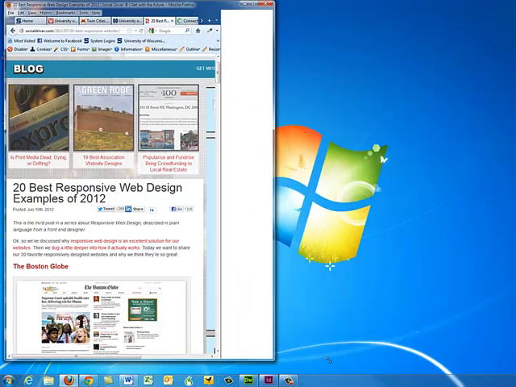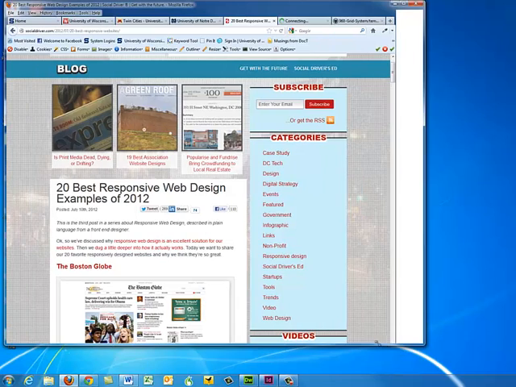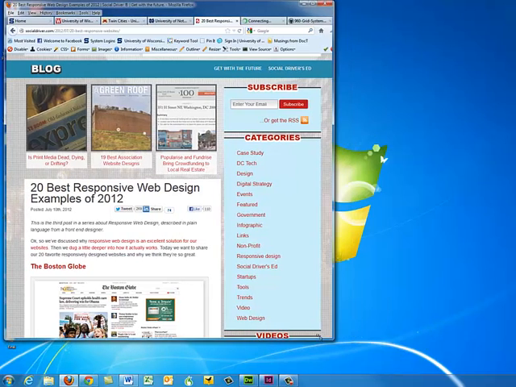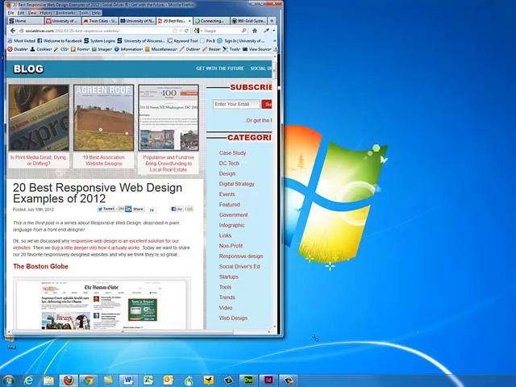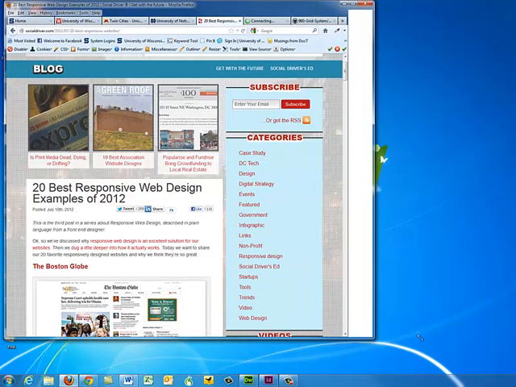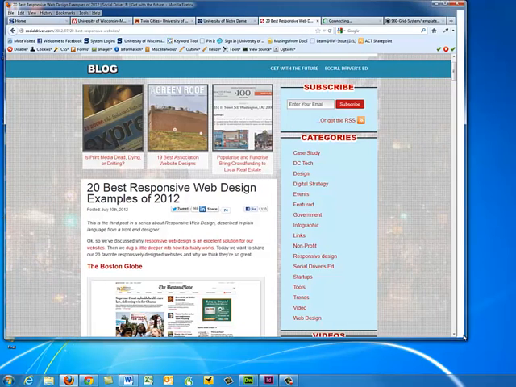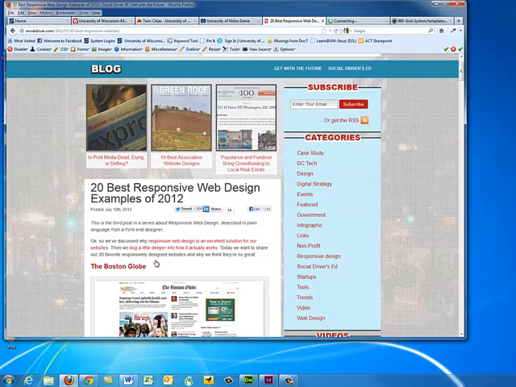they're still in a fixed width, or somewhat fixed width. There's a sort of a modified fixed width, in that when you get down to certain levels, it adjusts a little bit. But for the most part, what you see on this page is what you get. So let's go to this Boston Globe website,